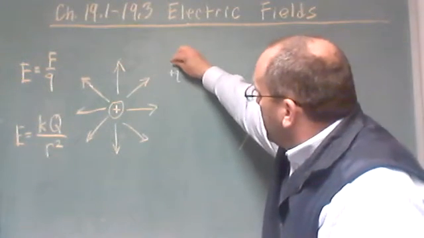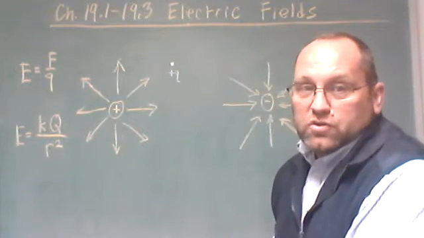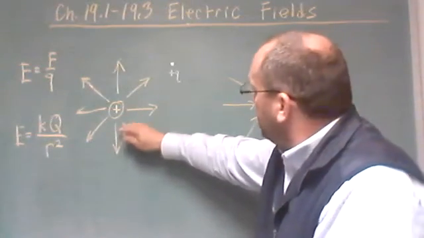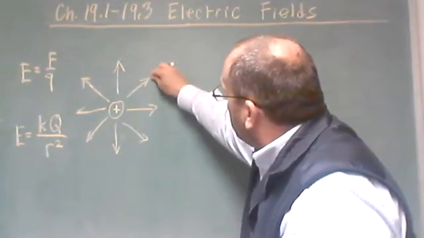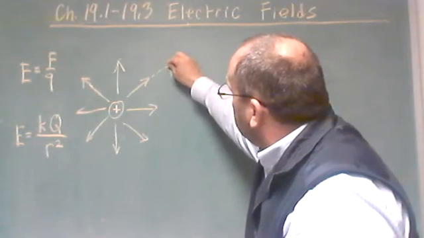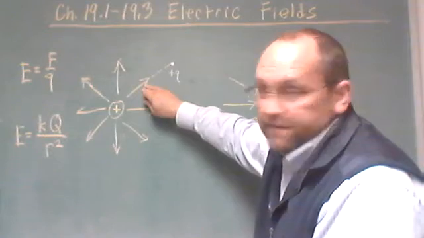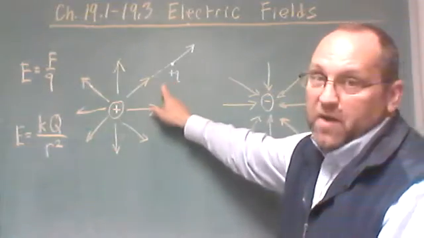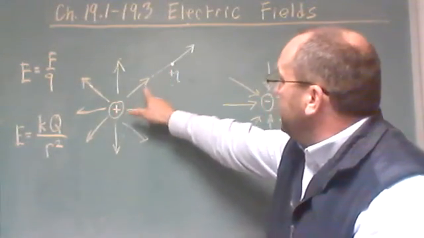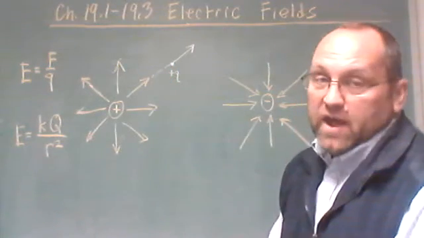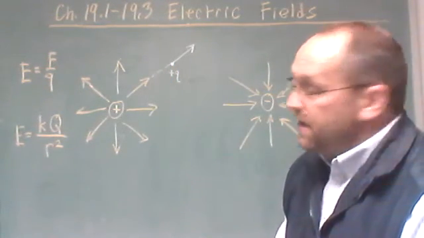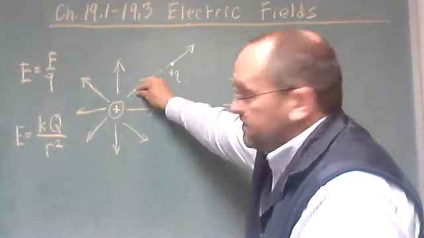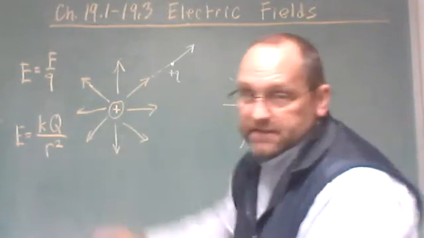So for a test charge, a small q, that's so small it doesn't affect the field at all. It just feels the effect from this large one. The force that it feels is an extension of this vector radially outward. So that test charge, because they're both positive, would feel a force radially outward in that direction away from the large positive charge. And we notice, though, that vector expresses the direction, but because of our distance,